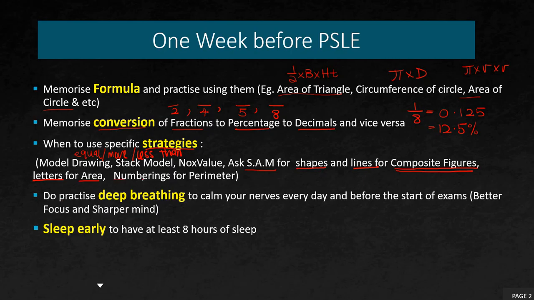Next, the numbering for perimeter, the outline. This is the reason why I need you all to do the numbering, because sometimes when you add the lines of the perimeter of any composite shape, you may forget to add one line, and that will cost you some marks. Therefore, try to write the numbering along the outline of any shape, and when you add them up, you know these are the lines you need to add up to find the perimeter. These are the few things you may want to take note of